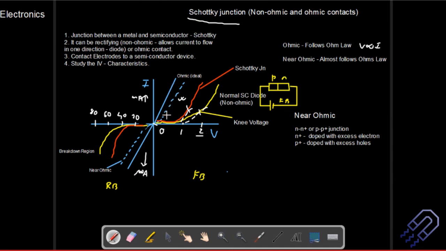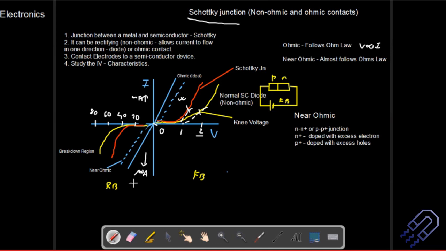But if you have fewer charge carriers, the chances are that you have to give more voltage so that at some point the current will start increasing. But if the voltage becomes too high, there will be a lot more current, and it won't be proportional to the voltage supply. So what is the solution? The solution is to increase the majority charge carriers before applying the bias. With more charge carriers, even a slight voltage can result in a large current, and as a result it might be almost a straight line. Please remember this is near ohmic, not exactly ohmic. That is very important.